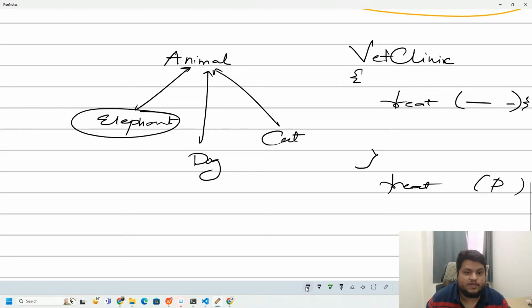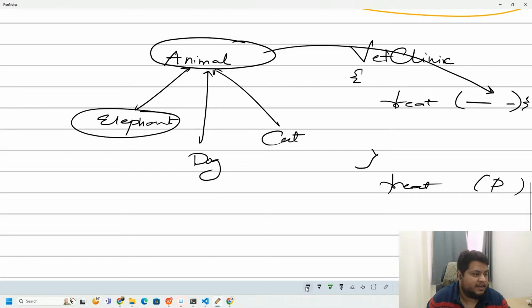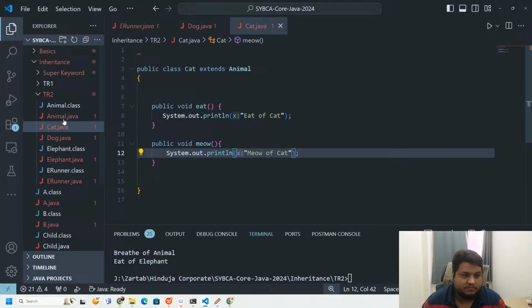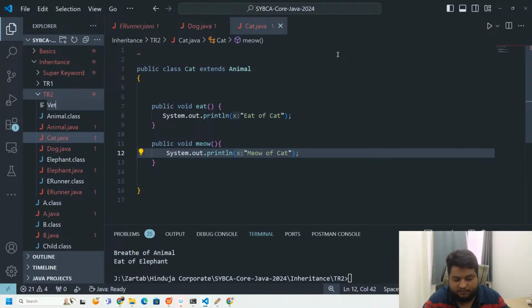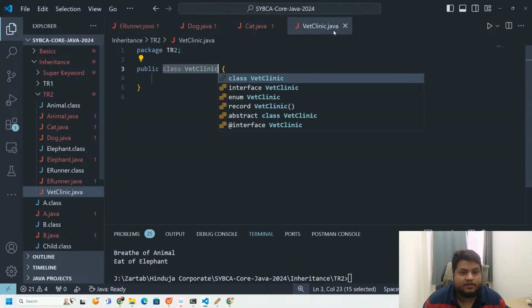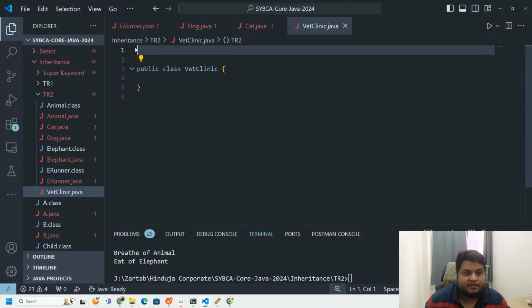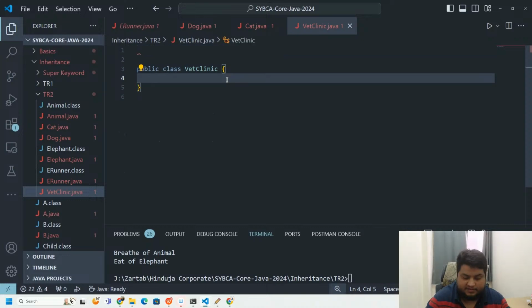But I don't want to do that. I want to create a rule of generalization. So rather than that, I'll pass animal A, and once I have animal A, any object which is a subclass of animal will be able to log in there. So in tr2, I create a new file. Let me call it vet clinic dot Java,